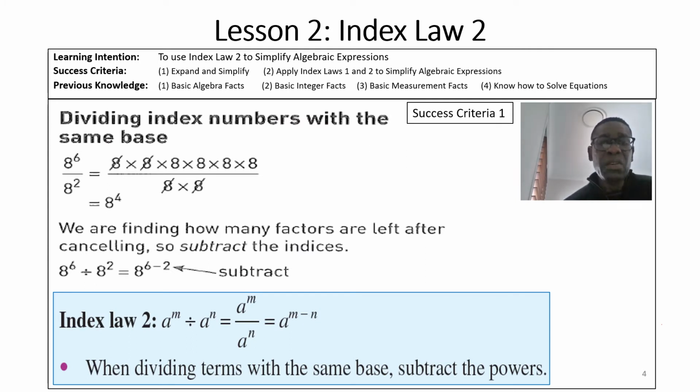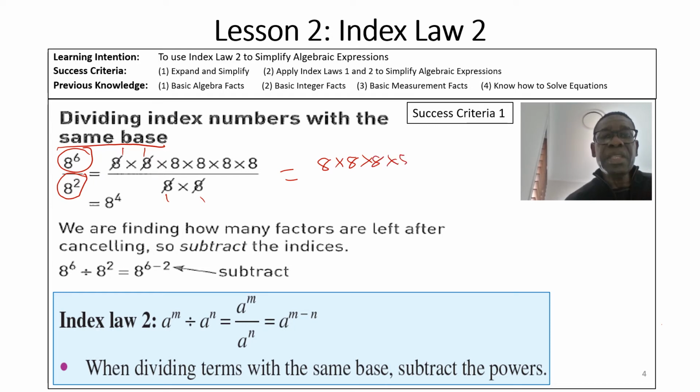So let's get to the second law now. When we're dividing index numbers with the same base, and that's very important, same base, like 8 to the power of 6 divided by 8 squared. 8 to the power of 6 is 8 multiplied by itself 6 times, and 8 squared is 2 eights multiplied. Each 8 cancels, giving you 1. So you're left with 8 times 8 times 8 times 8, all divided by 1, and that's 8 to the power of 4, which is simply